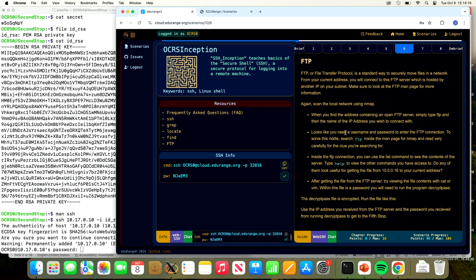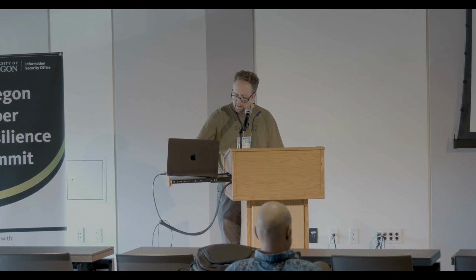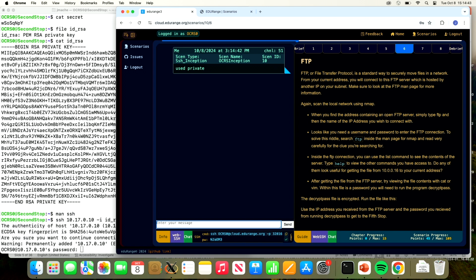But then two, I can share with you a little bit what our ideas are for making it timely feedback. So while there is a chat, and besides me I don't have somebody on the other hand to see all these chat messages coming in, maybe I would say, I now use the private key, but it still asks me for a password. If I'm super stuck, I would type something in,